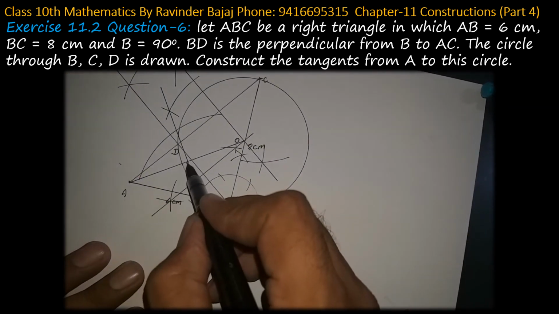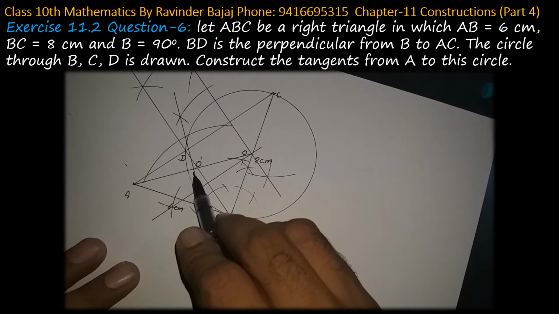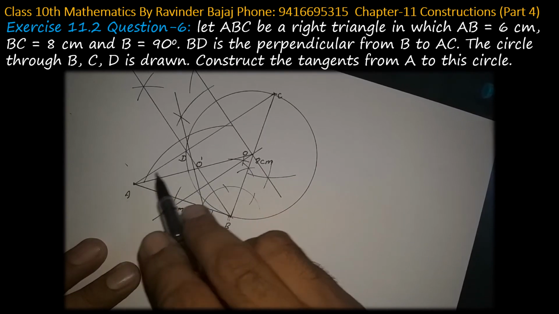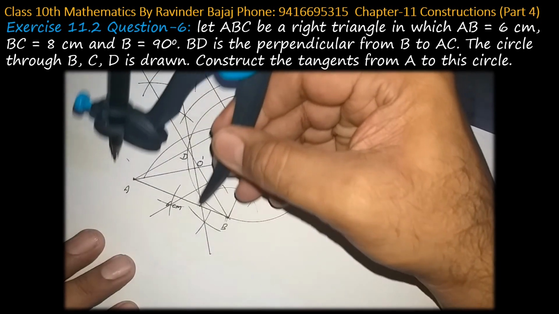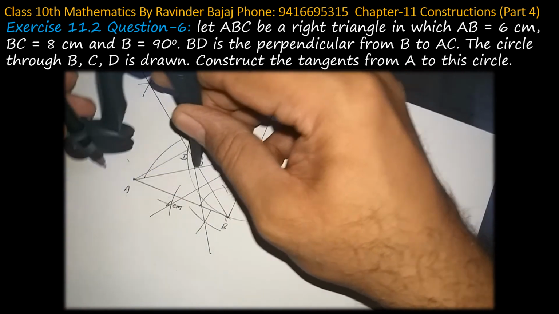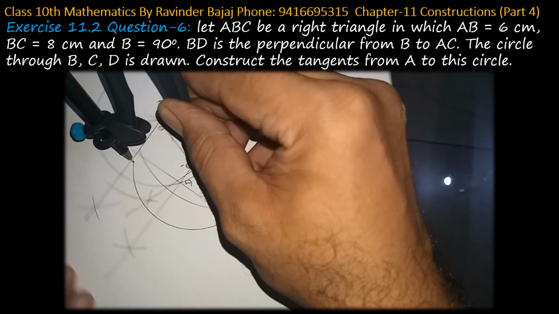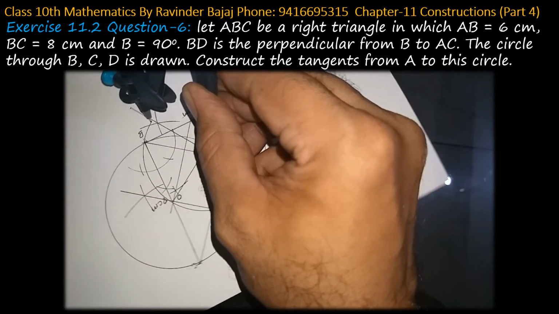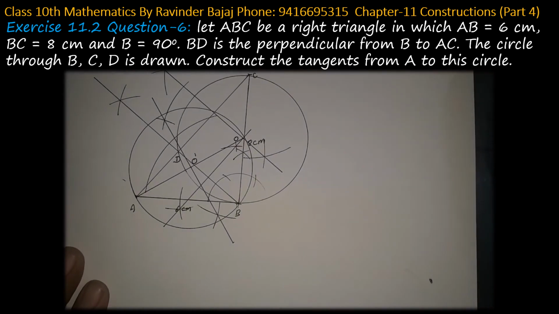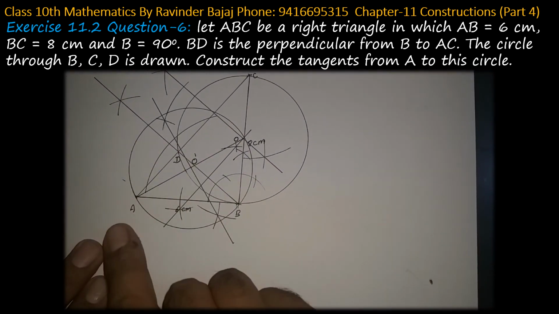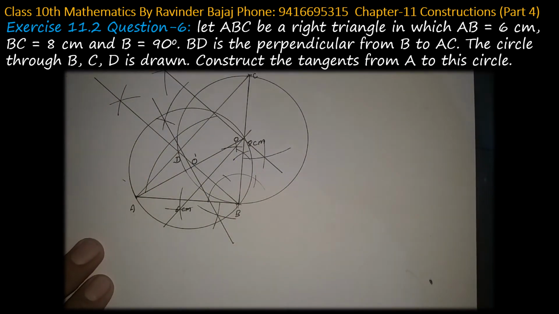Now this point is the center of the circle. I'm saying it is O dash. One more circle is required with center O dash, passing through A and O itself. So let's draw the circle. This is the perpendicular bisector, this is the point, so center at O dash. I'm drawing a circle. This circle will pass through O and A also. Okay, so this is the circle and this circle is going to meet the old circle at B and one more point.